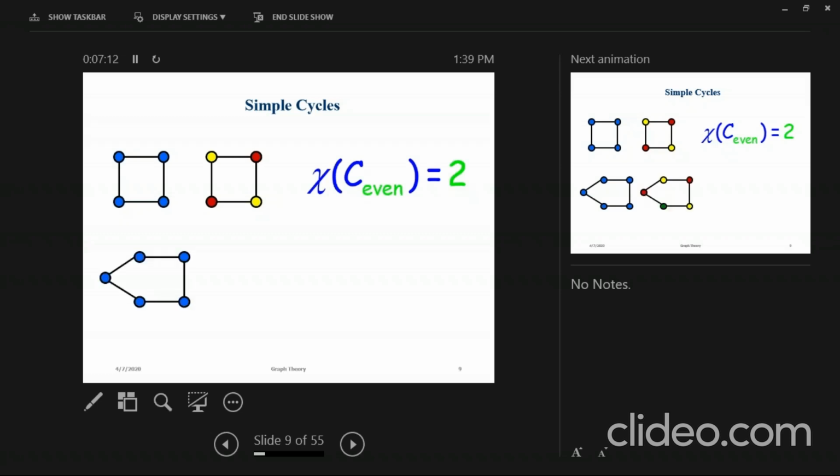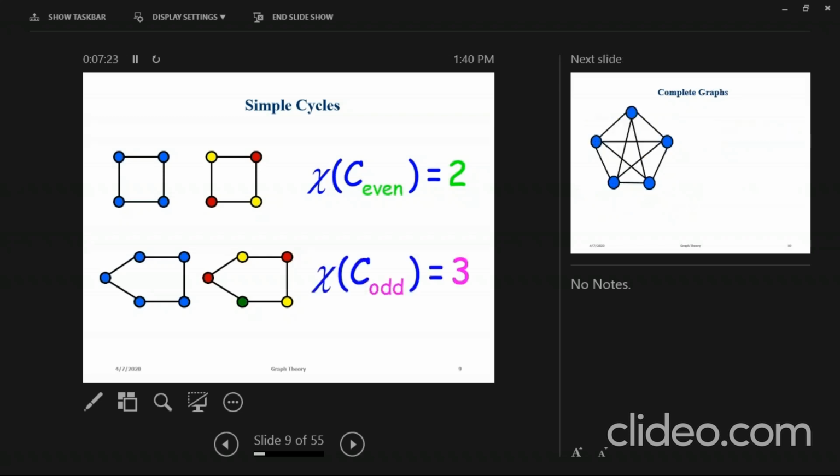In the second figure you can see there are five vertices, and it is a cyclic graph. Here we have utilized three colors to color this kind of graph, and we can conclude in the notation format that the chromatic number of such a graph which has an even number of vertices is two colors, and a graph which has an odd number of vertices can be colored with three colors. We can conclude like this. Now this even-odd logic is not applicable to every kind of graph. It is only applicable to the cyclic graph.